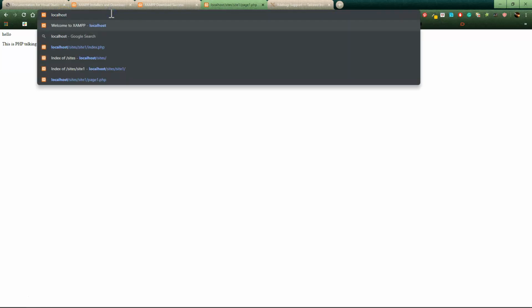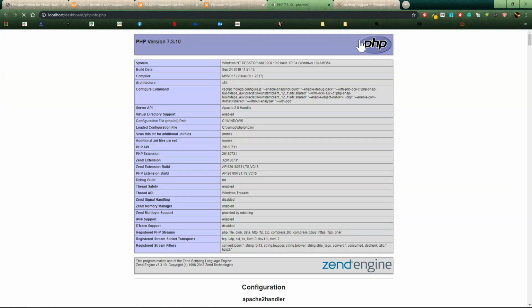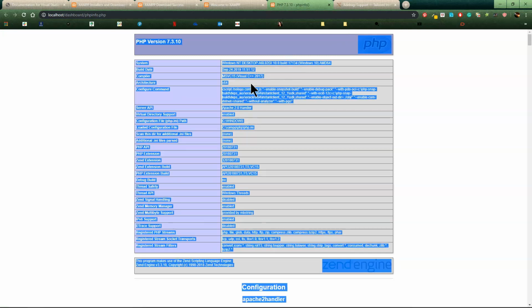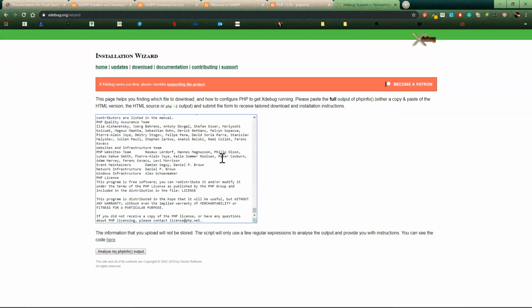so if we go back to here and to our Welcome to XAMPP folder, back to the dashboard, one of the things we've got here is the PHP info. So what we need to do is Control A, Control C, just on this page, go back to the Xdebug page and just paste that into there, Control V. So we've got all that nonsense, and then it says analyze my PHP info output, so we'll click on that,